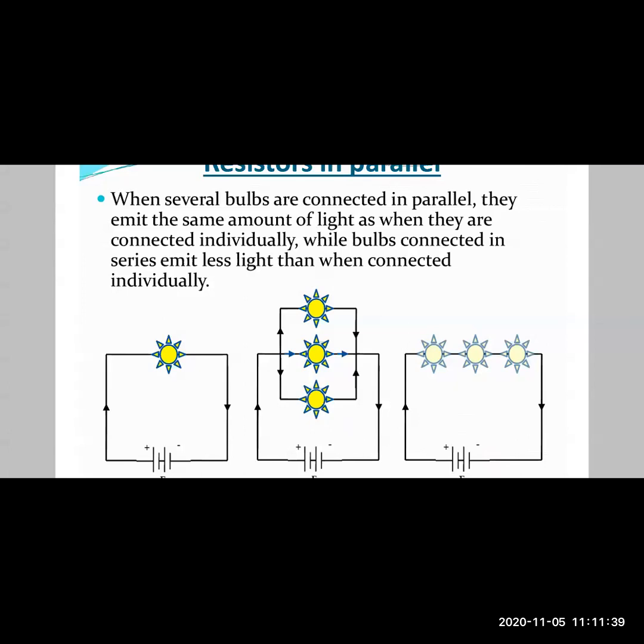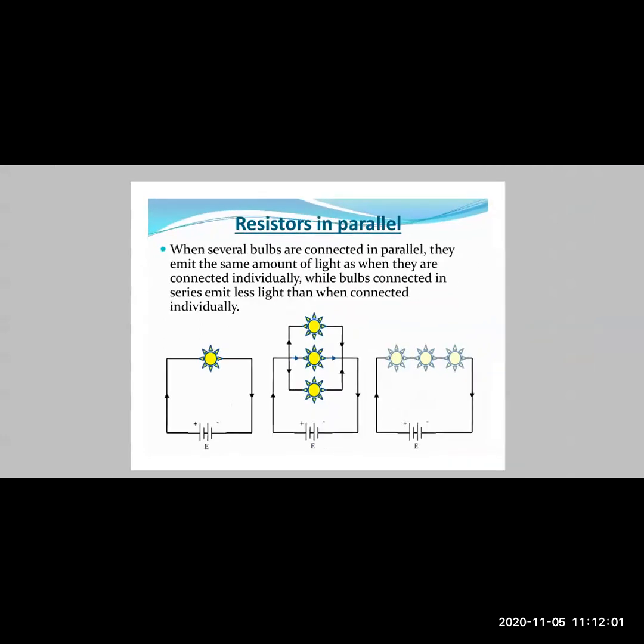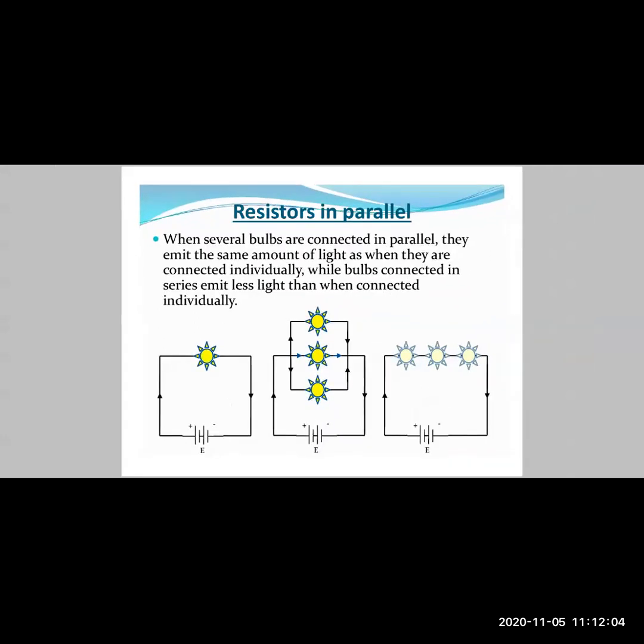But in the third case, which is a series combination, as the connection is in series, the voltage goes on dropping, and the current flowing is the same. The current drops because of the increase in resistance, right? And the intensity with which the bulbs glow will decrease. Okay, so these are the advantages of a parallel combination. In a parallel combination, all the three bulbs will get the same potential difference, right?